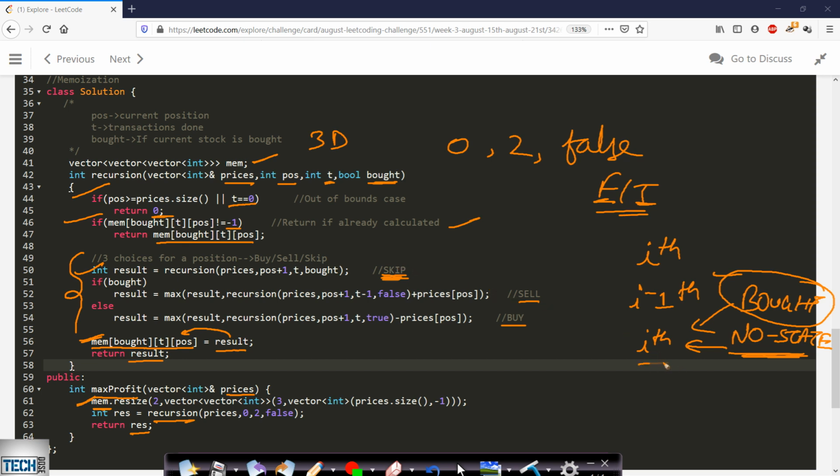Now on the current day, if we had bought a stock on the previous day, then obviously we cannot buy on the current day, we can only sell it. Therefore if bought is true, then I will make a sell call. Otherwise if we were in no state, that means we had no stock on the previous day, then obviously we cannot sell on this current day. Therefore we will make this else call, that is this buy call. Okay, so this will be optional, which will depend on the previous day state. Now I hope I have already explained all these things, so it will be very easy to understand.